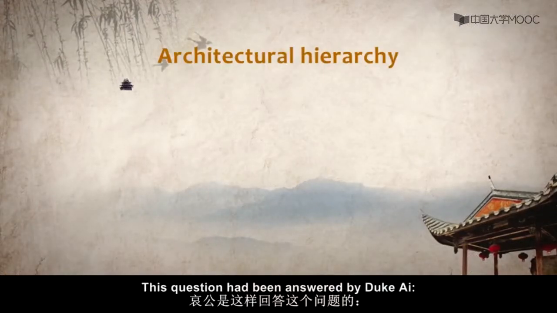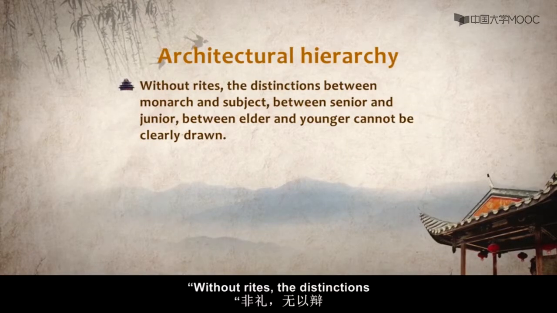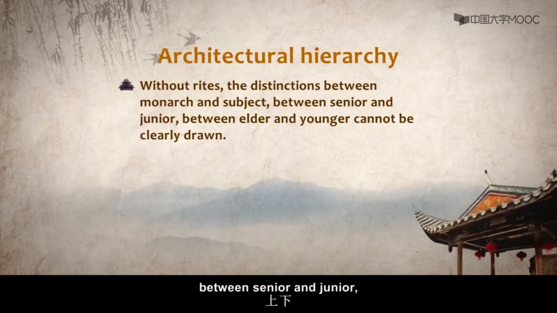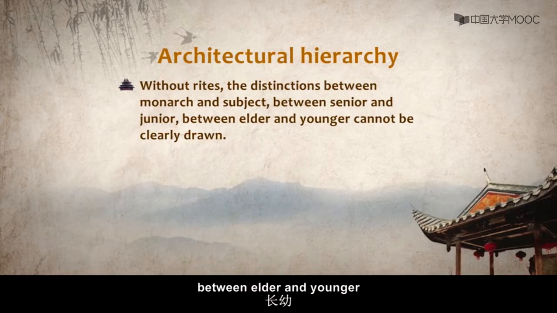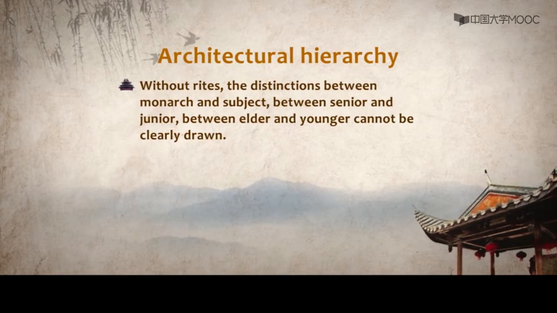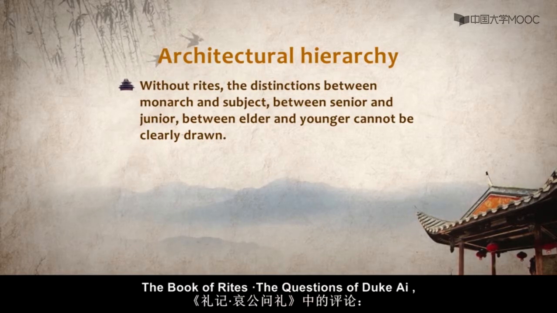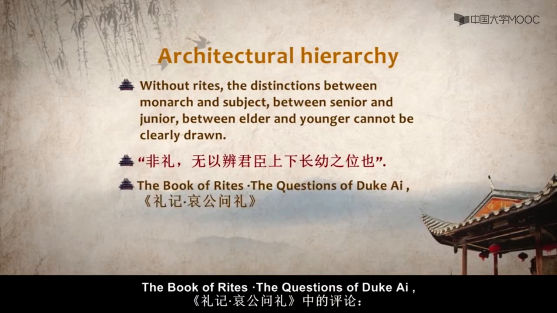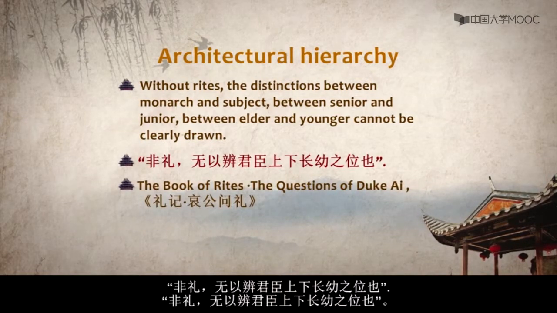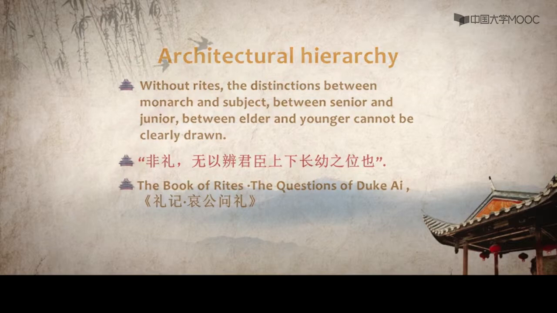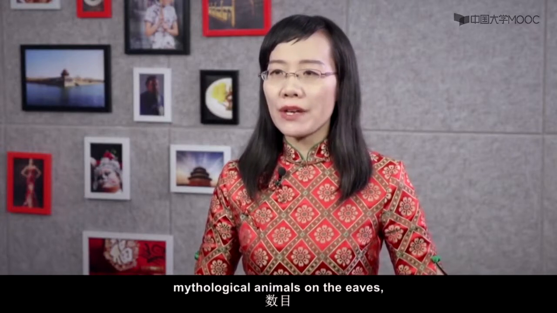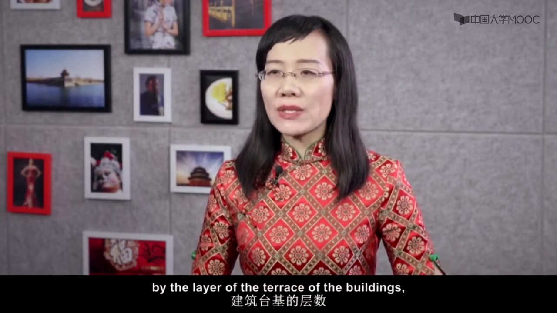This question has been answered by Duke Ai. Without rites, the distinctions between monarch and subject, between senior and junior, between elderly and younger cannot be clearly drawn. Here is the comment from the Book of Rites, the question of Duke Ai. 礼记哀公问礼，非礼无以辨君臣上下长幼之谓也。